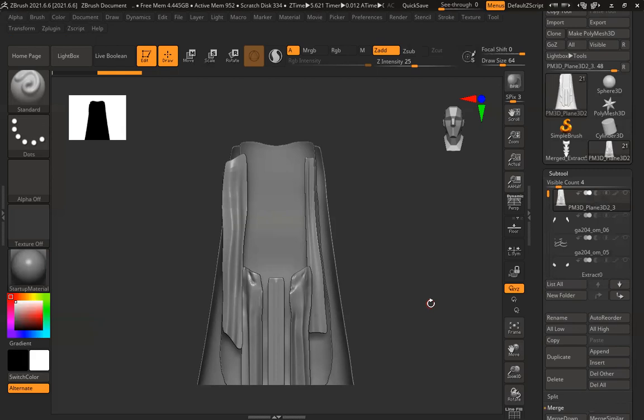Okay. For baking, those suffixes and all these things don't matter. You just need two models. Volume should be the same, and your high poly can be made up of hundreds of parts, and low poly can be only one solid geometry. You can bake it. Okay, sir, but there is an issue that some other parts get baked onto one part.